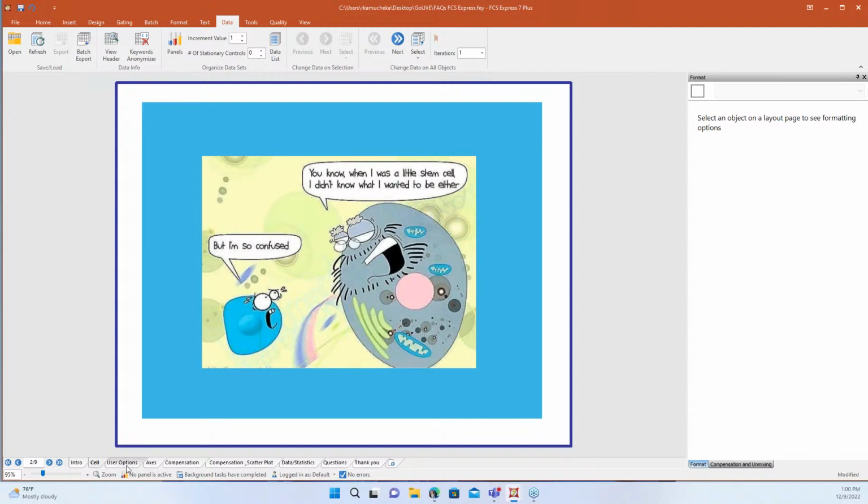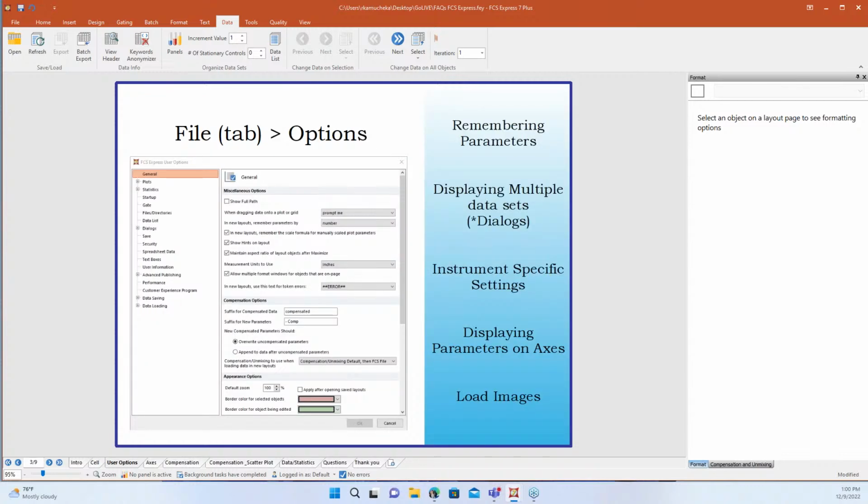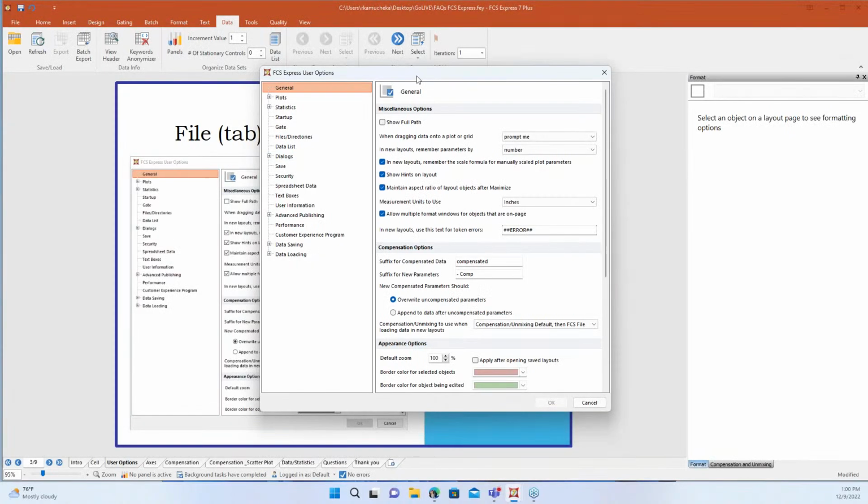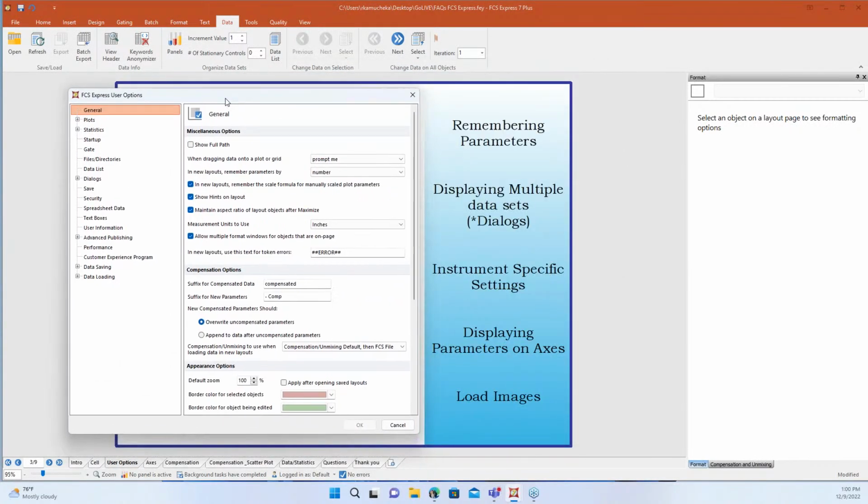So today we're going to start looking at some of the frequently asked questions from our users and what we get into with the questions we receive in our support. Some of the things that we get a lot of questions about are about our user options. So we're going to dive into that first. This first tab we're going to look at is going to be how we can tell the software to do exactly what we want it to do when we're setting up some of the functionality.